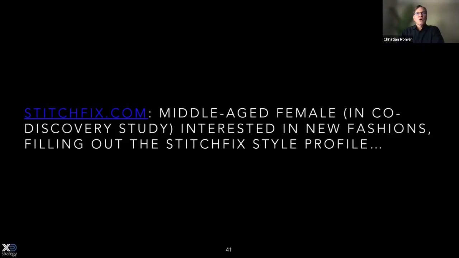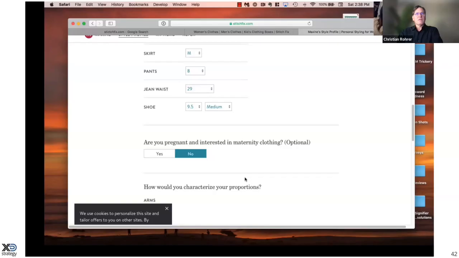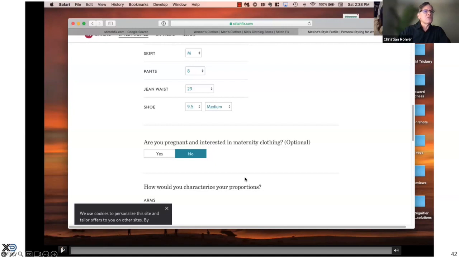All right. So I have 2 middle-aged females in a co-discovery study where they're both doing the same task, so we can hear their discourse, and you can see what happens when they are filling out the registration form, the profile form. I'm going to show you a simple little usability thing. See if you can spot the problem. Okay. Hopefully you'll be able to hear the audio. Let me see if you do.